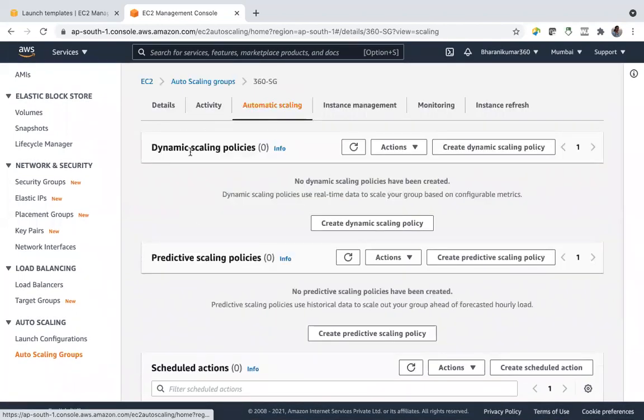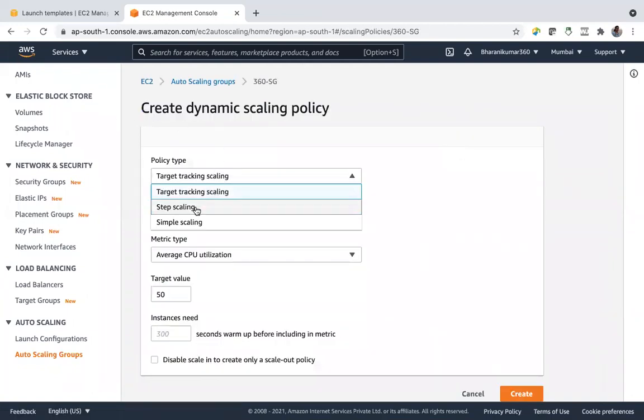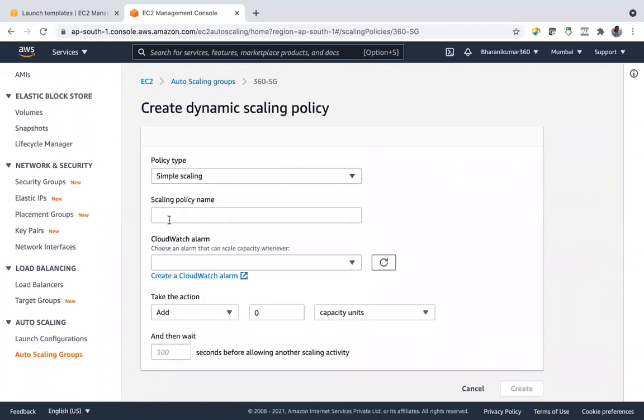So let us create one dynamic scaling policy. Policy type, see, step and simple are there. Let us say simple. Simple scaling policy. For this, we need CloudWatch alarm also. Let's give a name to this policy.